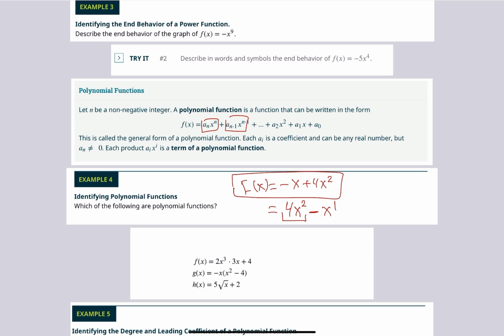So 4x squared minus x, and so on and so on. Let's say you have x cubed, x squared, and x. You would first do x cubed, then x squared, then x. Now let's have a look at